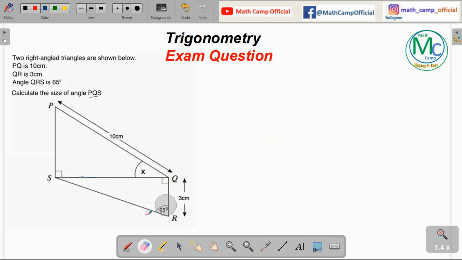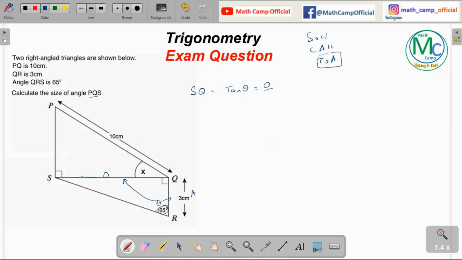I'm going to erase it so that I can label it again according to SQR. So here, this is theta. Now this side, which is given, is adjacent, so it is going to be A. And this side we have to find out. It is going to be opposite this time. So, CAH TOA. Which ratio has opposite and adjacent? It is tan theta. So to find out side SQ, I'm going to use tan theta